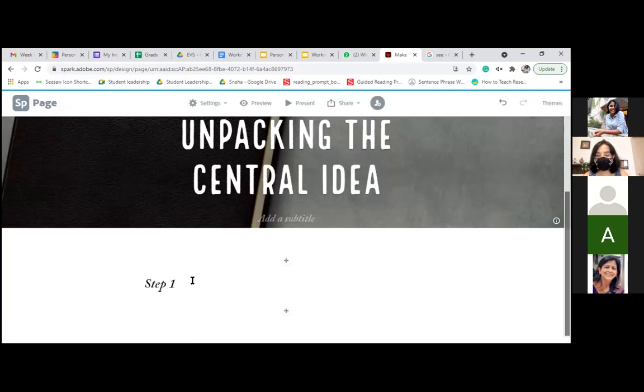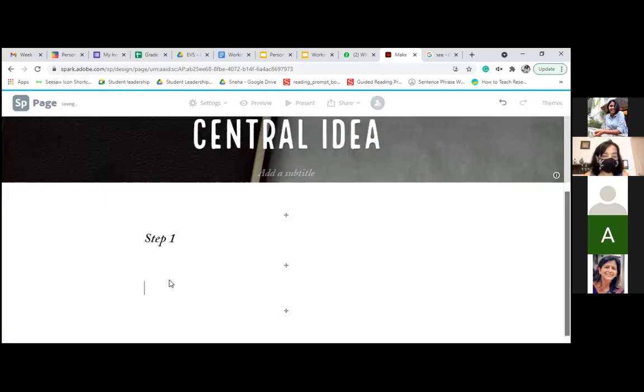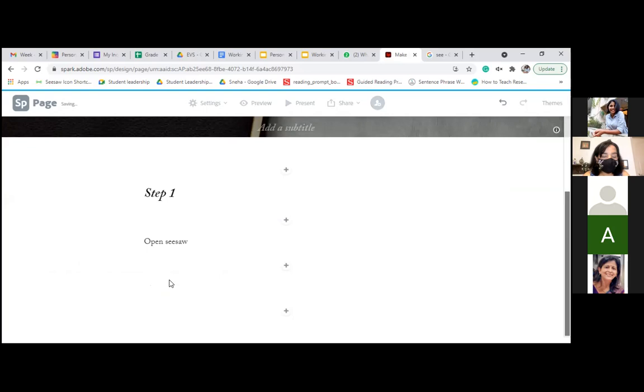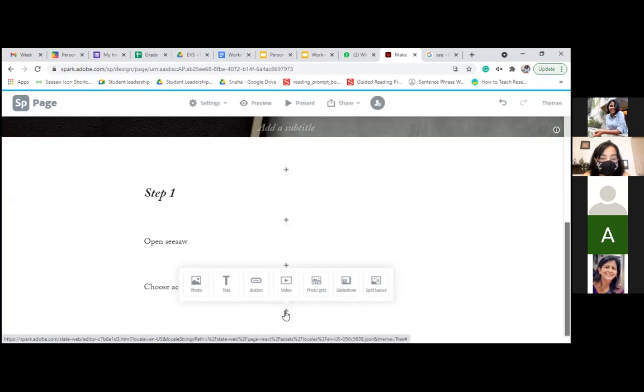So in text itself you enter all the points. Let's say open seesaw. Then this will come in a new line each time, but the spacing will be looked after when it is published. Choose activities, okay, right? Then let's say if you want to add photos, you get all of these options.